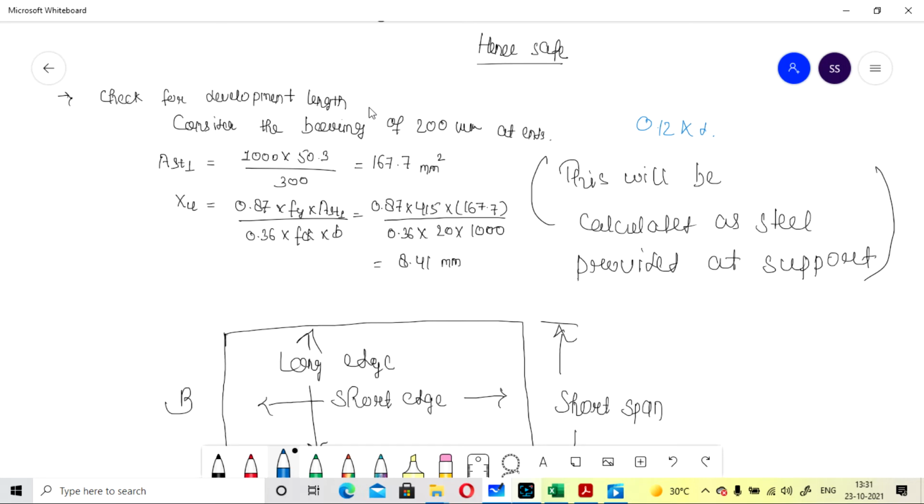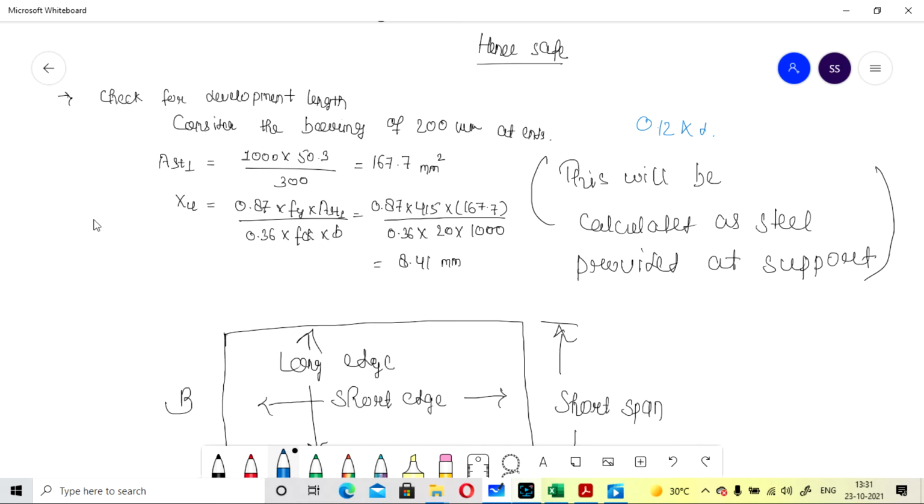If you are following the strip method, I will show you in the next lecture what the strip method is when we design for torsion reinforcement. If you are following the strip method, then you have to follow the minimum requirement. But if you are not following the strip method, you don't have to follow that minimum requirement.